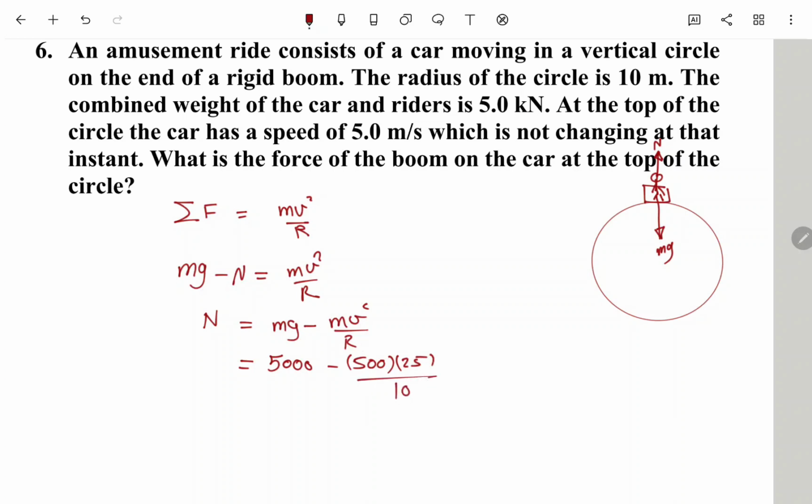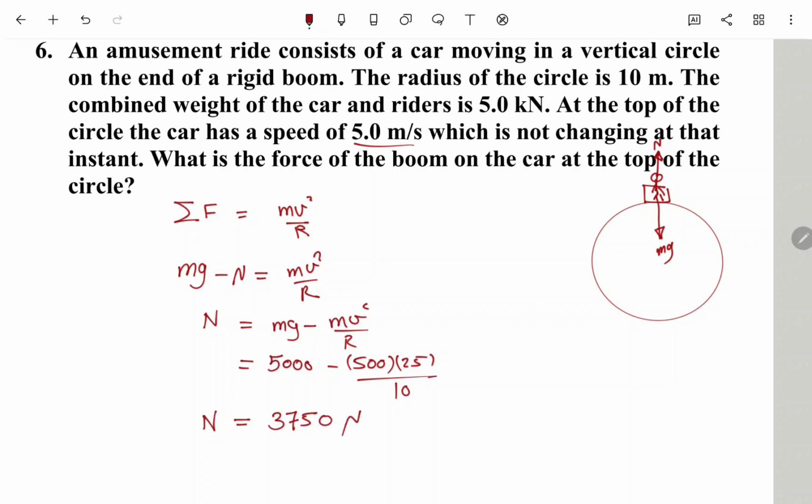The velocity actually is equal to 5 meters per second, and the mass equal to 500 kilogram, and the radius of the circular path it's equal to 10. You do the math, you will find the normal equal to